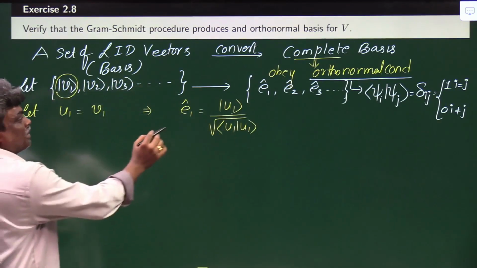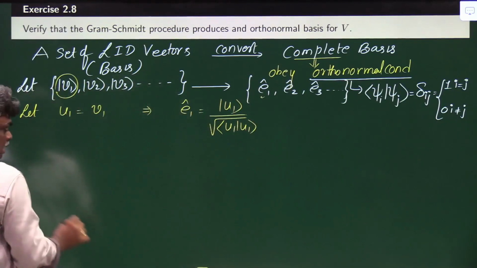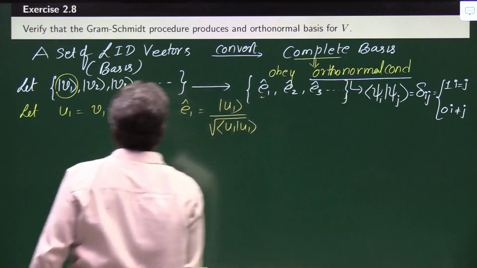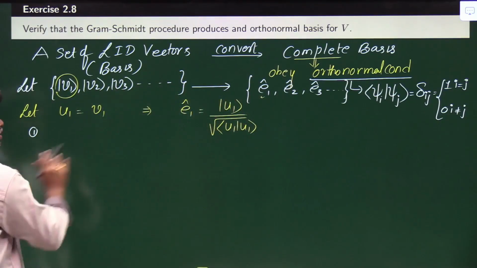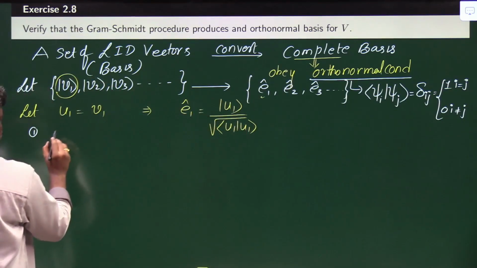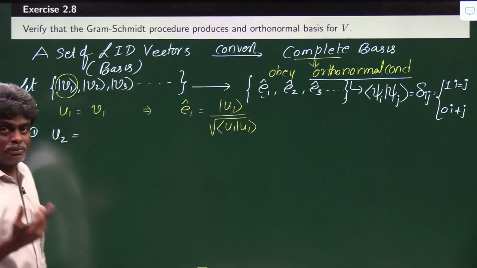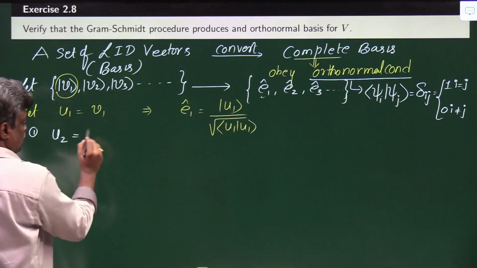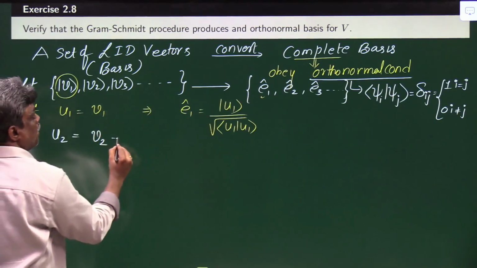Right. So we got the first vector, this one. This is very easy. And next, if you want to get the second one, so here onwards the process starts. Listen carefully. First one is straightforward. Next, here you have to find U2. How to get U2? U2 is defined as V2, the given second vector, minus